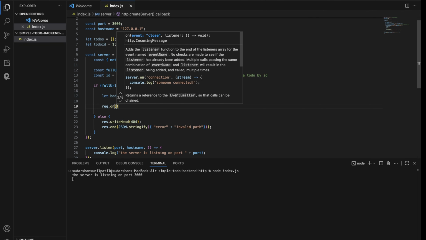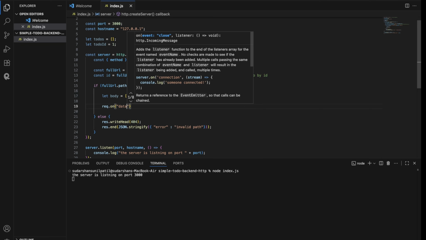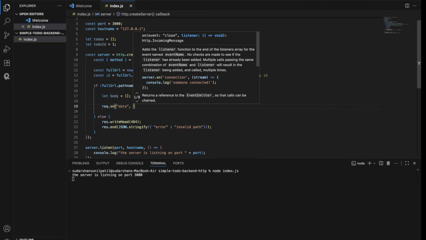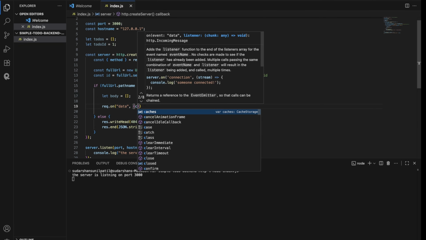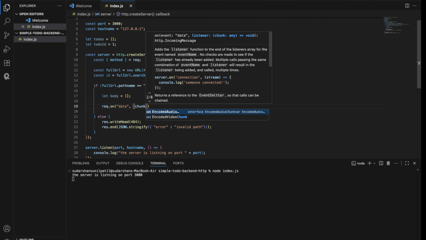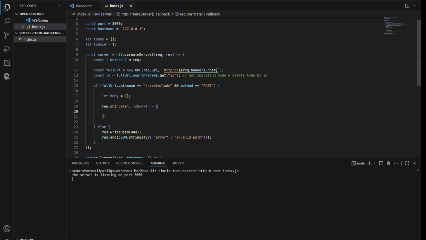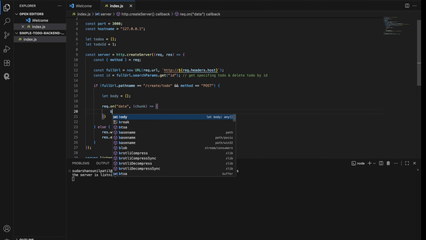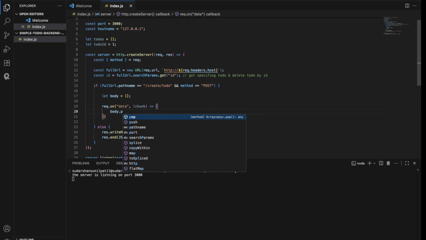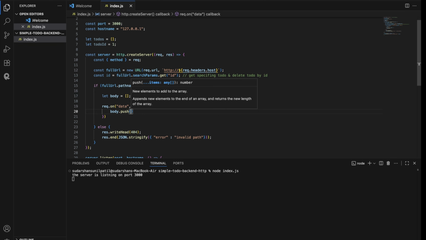request.on data, chunk. We get data in the form of chunks. Then body.push, what do we have to push? These chunks. Okay, when the request is on,